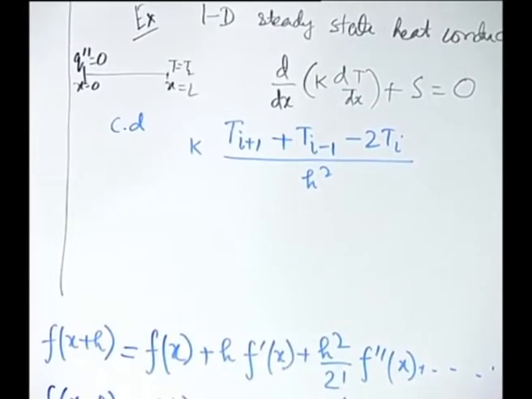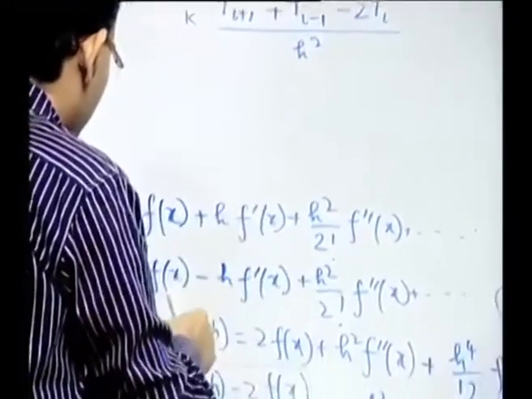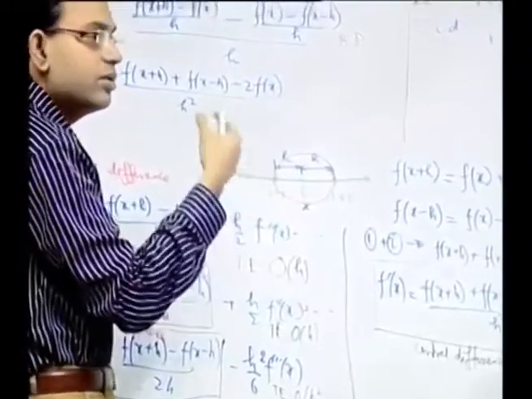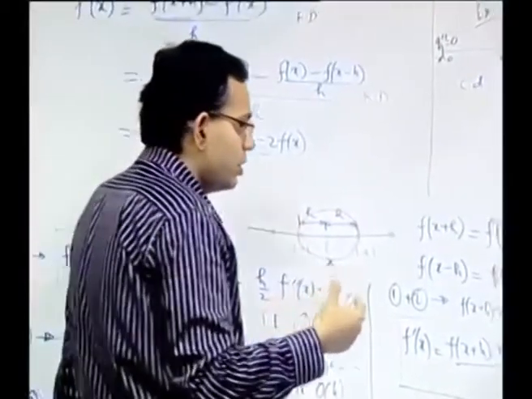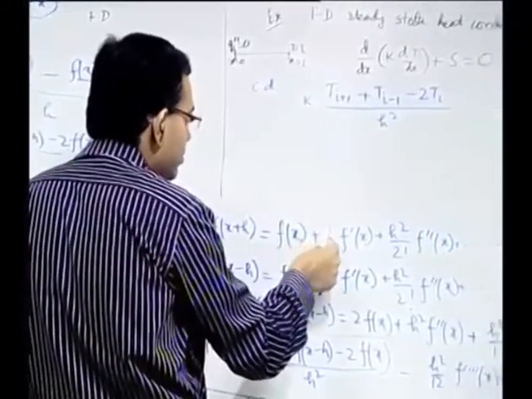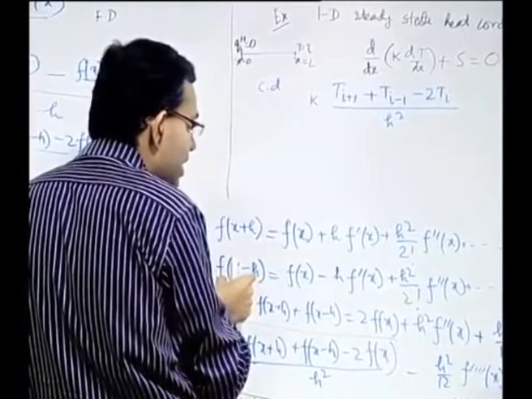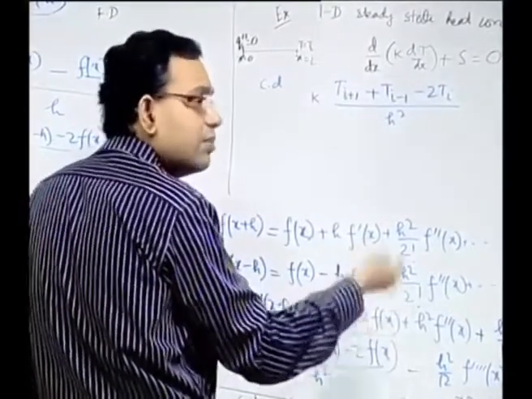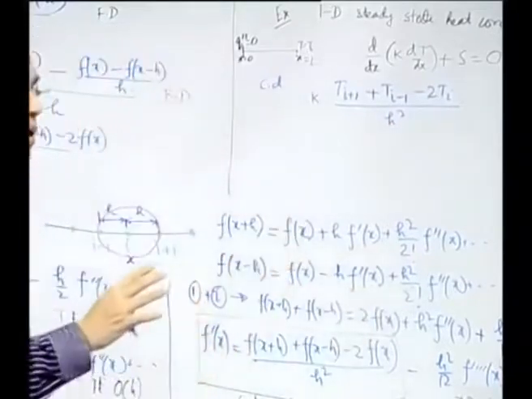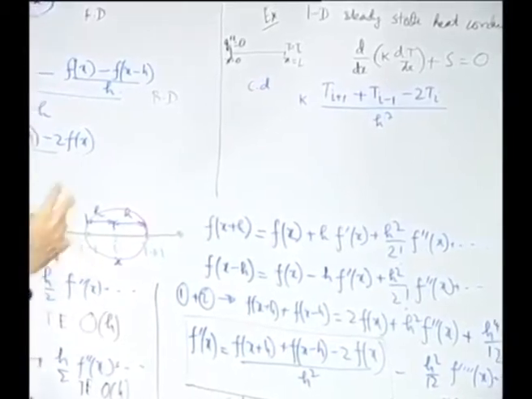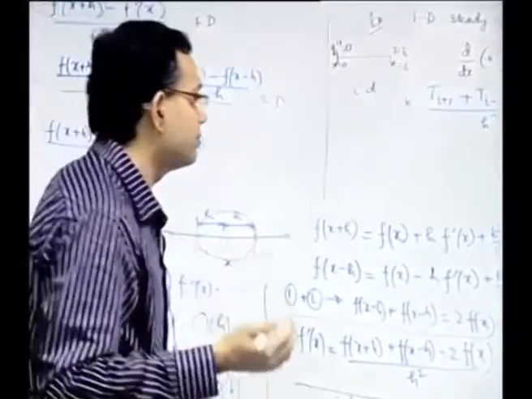Now, if it is a non-uniform distance between the grid points, then obviously h for one particular term and h for another term will be different. So, when you are writing f(x plus h) in terms of f(x), there is one h. When you are writing f(x minus h), that h may be h 1, another different h, and accordingly the algebra will change, but the basic philosophy will remain the same. For illustration we consider the same h, although it is not necessary to use the same h.